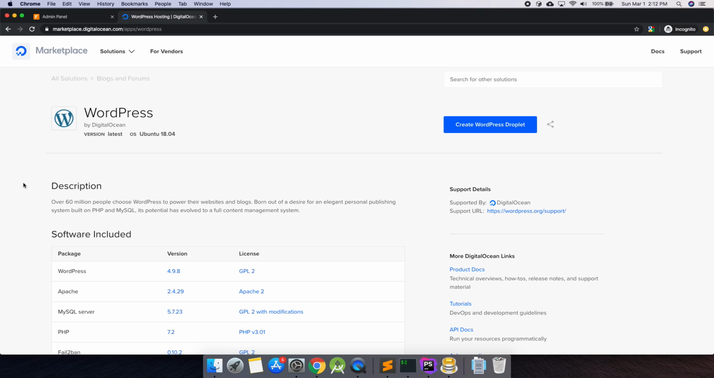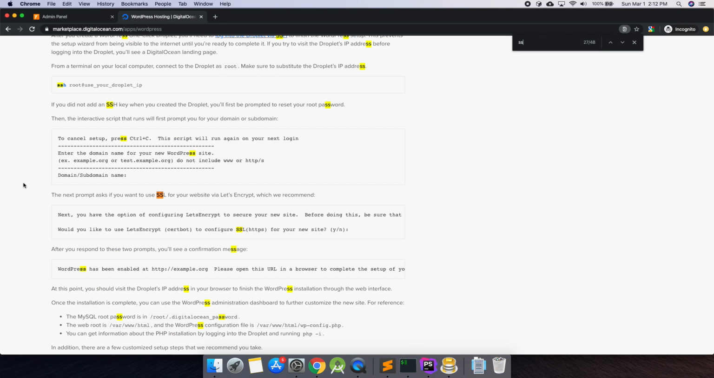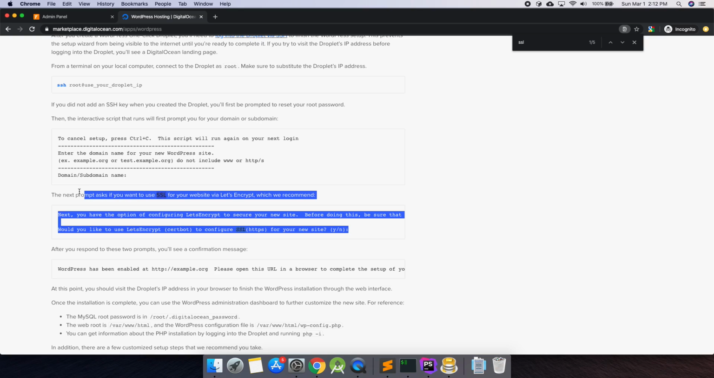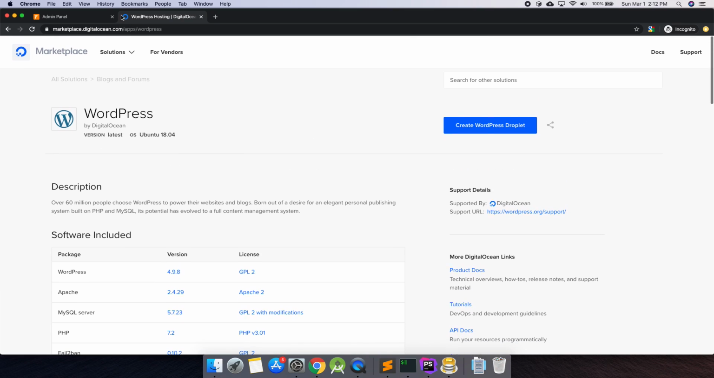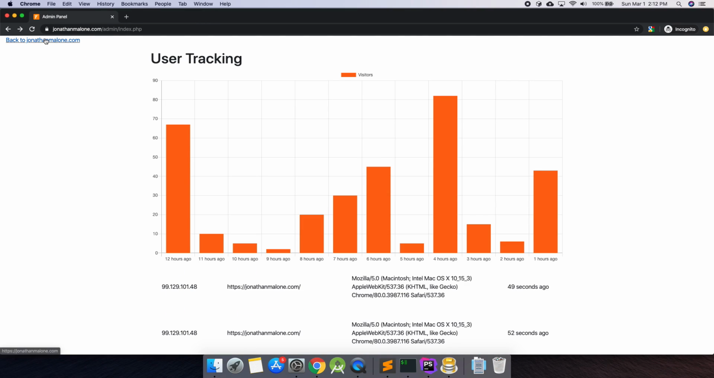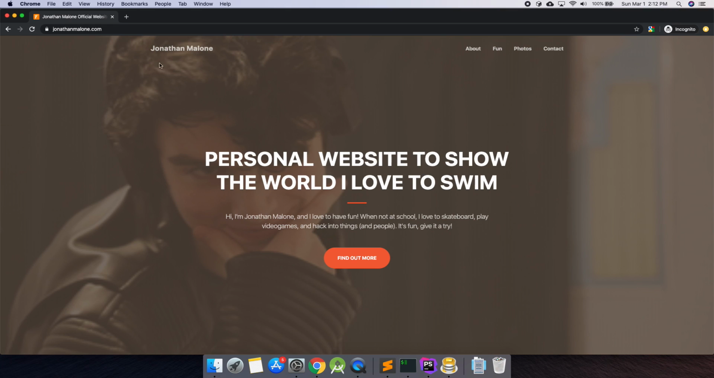Wait, it might even have SSL. Oh, sweet, it does. Holy, it does have SSL. Okay. Yeah. Does it? I'd have to read it. I don't know. The point is, websites are super fun to set up. You can even set up like a server. Like you say, I wanted to set up,